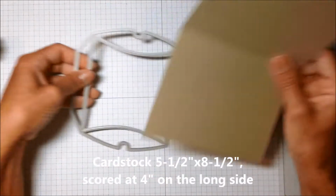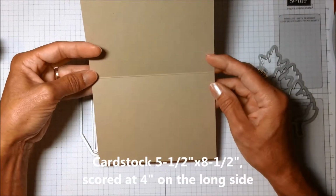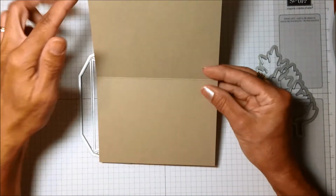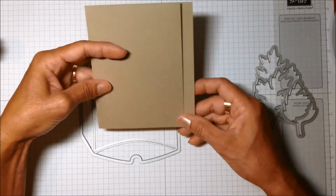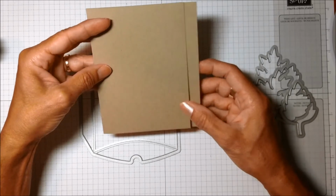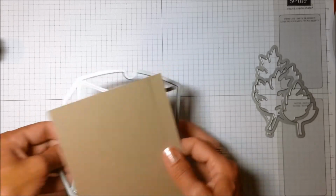You cut half a sheet of 8.5 by 11 cardstock. In this case, I'm using crumb cake, and this will be 5.5 by 8.5, and you score it at 4 inches. So it's almost like you're making a card base, but you're scoring at 4 inches instead of at 4.25. Then you're going to take your Big Shot